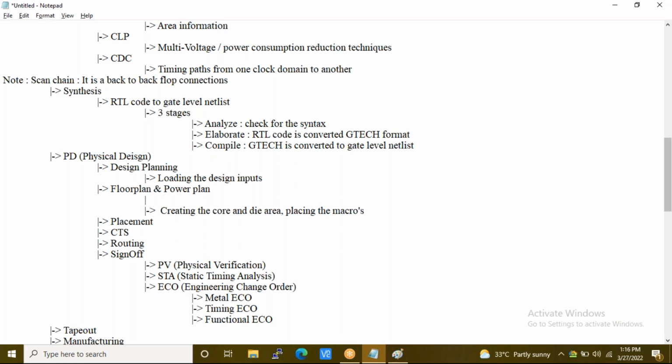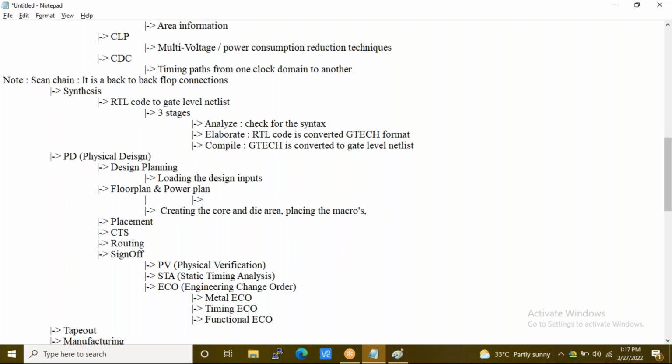The goal is to effectively utilize the area. If you place one macro in a wrong direction or in a wrong way, it will end up in more issues, and then you have to come back to this floor plan stage and revert.